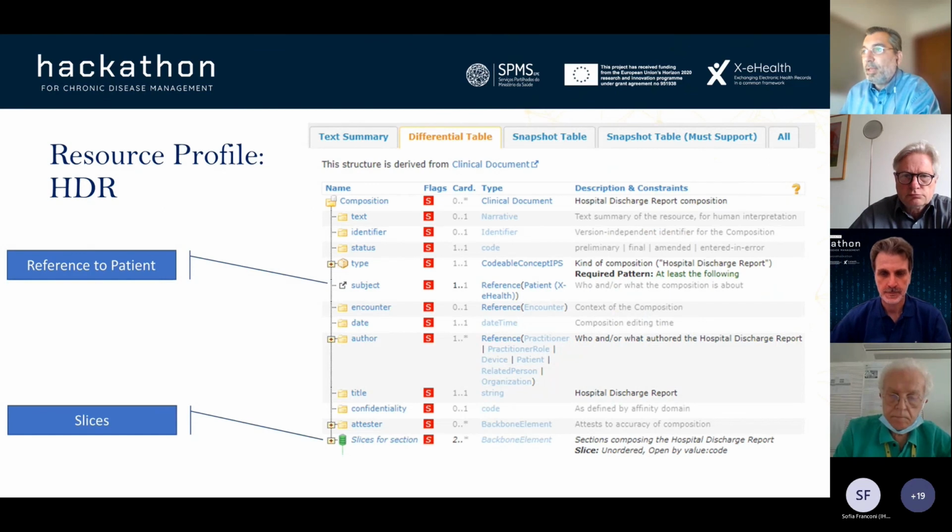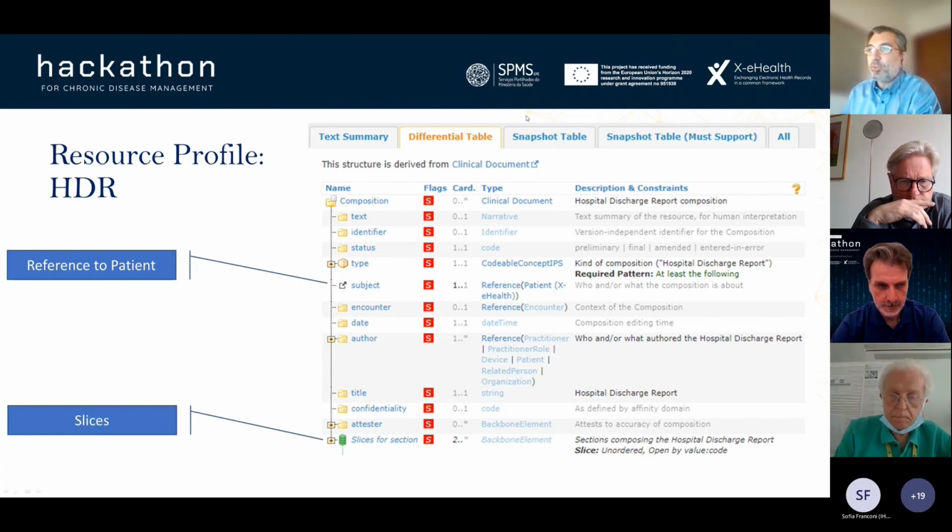Here is an example you can see here of the composition. This is a part of the documentation, the specification that exists in the FHIR official site for the X-eHealth project, the HL7 FHIR regarding the X-eHealth project. We have the representation of the differential table, and here we have the resource, the composition, some information, and you can see here, for example, that we have a reference to the patients as a subject, of course, as the